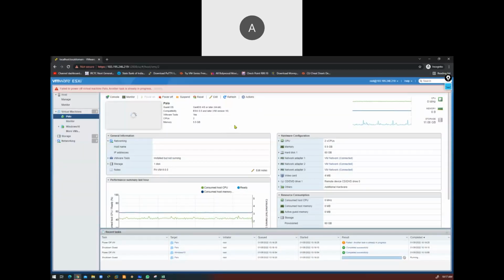We recently installed that machine, so first we need to power off so that we can get free RAM, free space, and all those things. Because as of now, if we start setting up with this firewall and the existing Windows 10 machine, it will consume your RAM, memory, and storage space as well.